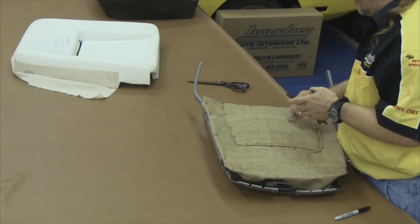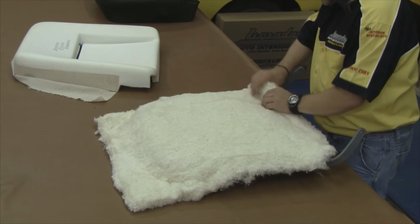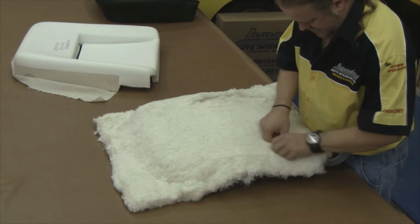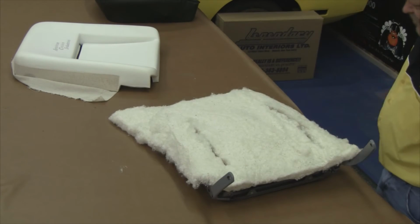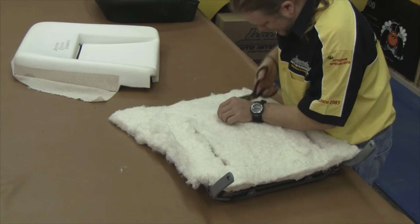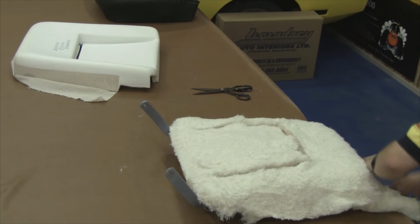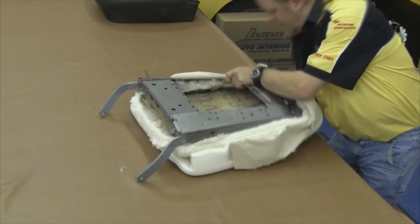And just like we did on our front seat bottom, we want to put a layer of cotton over the top of this. Leave a little excess so you can fold over the edge a little bit, and then feel down on top of the cotton and then split the cotton apart where you've installed your paper coated listing wire. You'll see Randy's cutting it with the scissors. If you don't have the scissors or find it difficult, you can just pull the cotton apart very easily. You want to pull off any excess, leave it a little bit so it wraps over the edges,